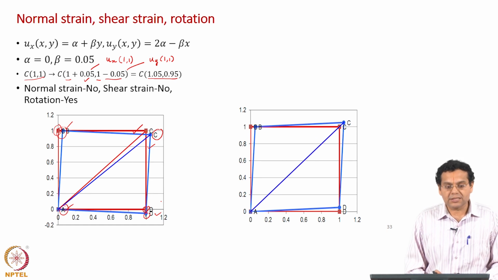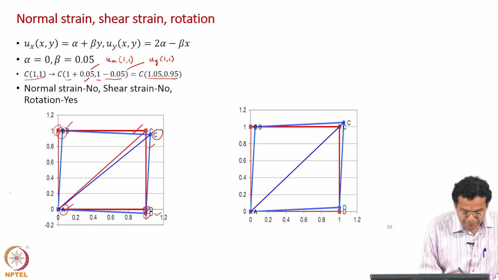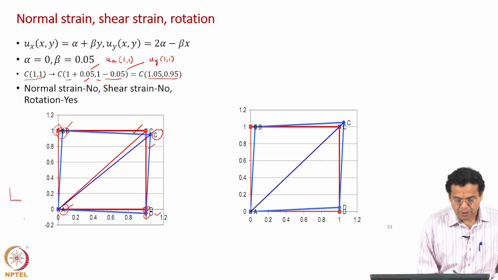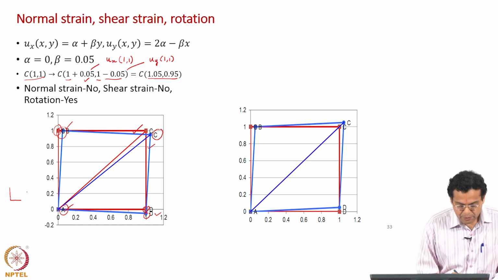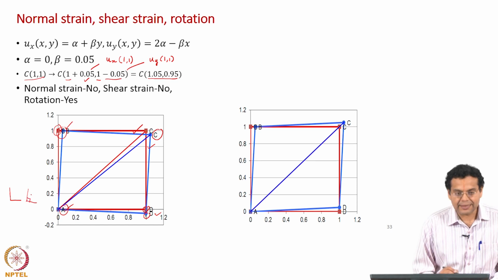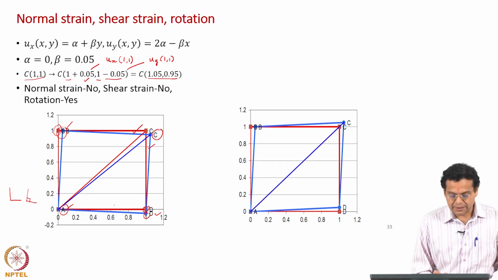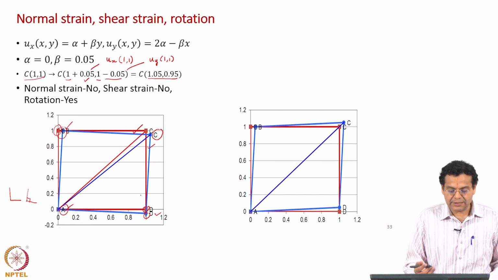Now, what about shear strain? Look at the angle. Initially your plate was like this, the angle was 90 degrees. Now, in the final state, both lines have slightly moved this way, but their angle is still 90 degrees. Look at the angle between the red lines, they are 90, and the angle between the blue lines is also once again 90 degrees.